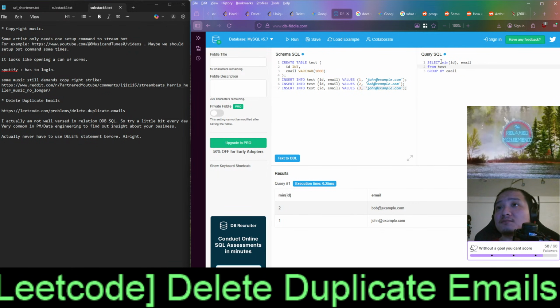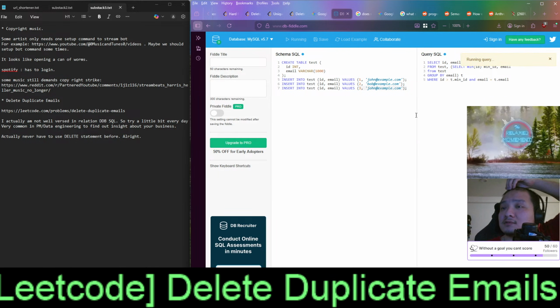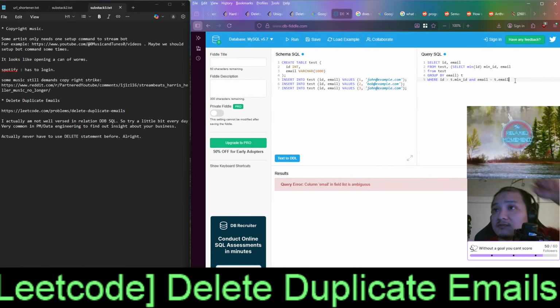So first we gotta select this, and then we want to select ID, email from test, and with this second query here, call T, where ID greater than T dot main ID, right? And email equal T dot email, right?